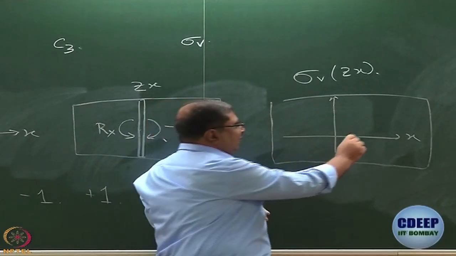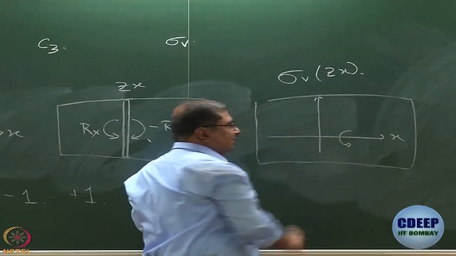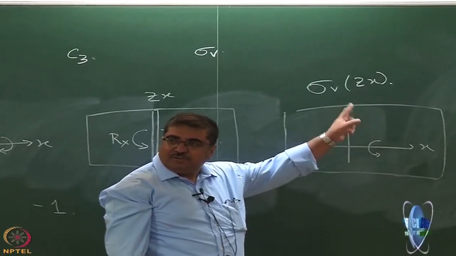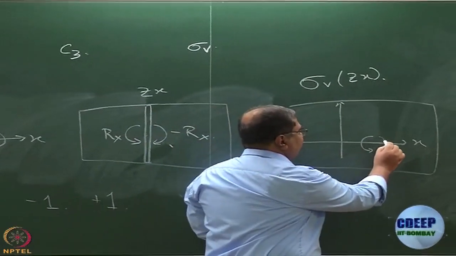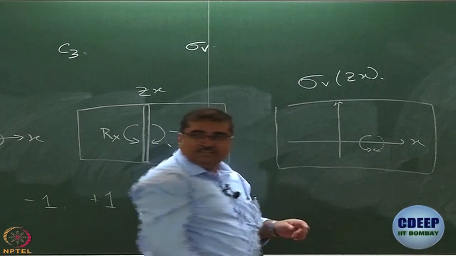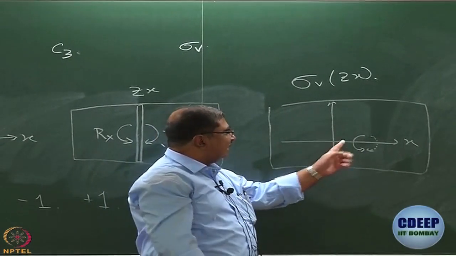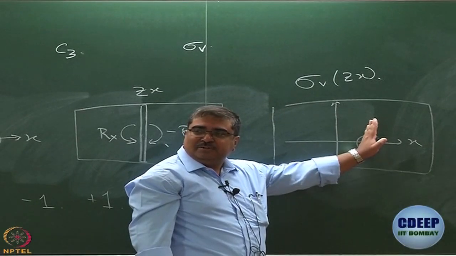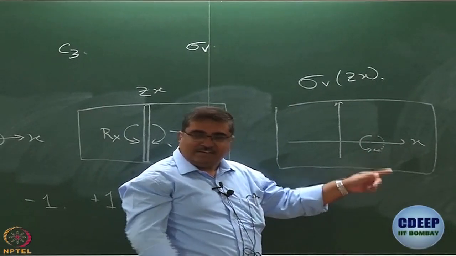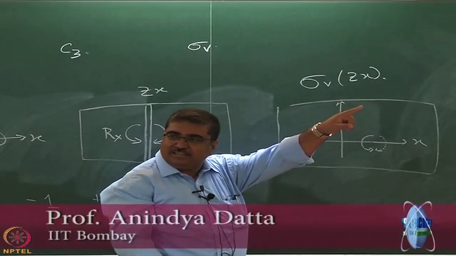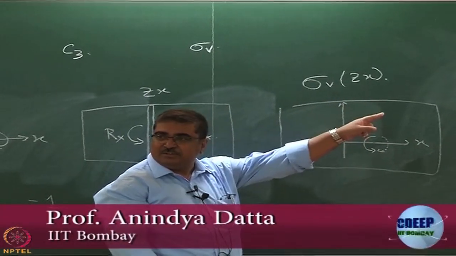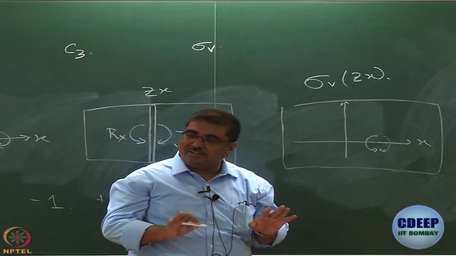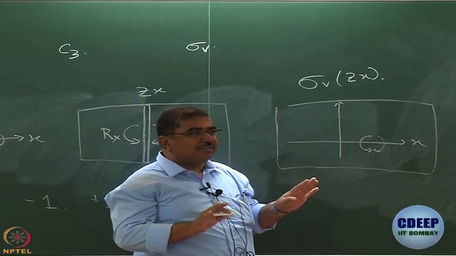Okay. What is Rx? How did we draw it? Something like this. What will be the reflection on the plane of the board? Something like this. The important thing to understand is that the plane containing these two segments of circles is perpendicular to the board. Okay. Is that not Rx? This was going like this and the reflection is going like this. The sense is reversed. So, character is -1. Okay. Are we okay with sigma v now?